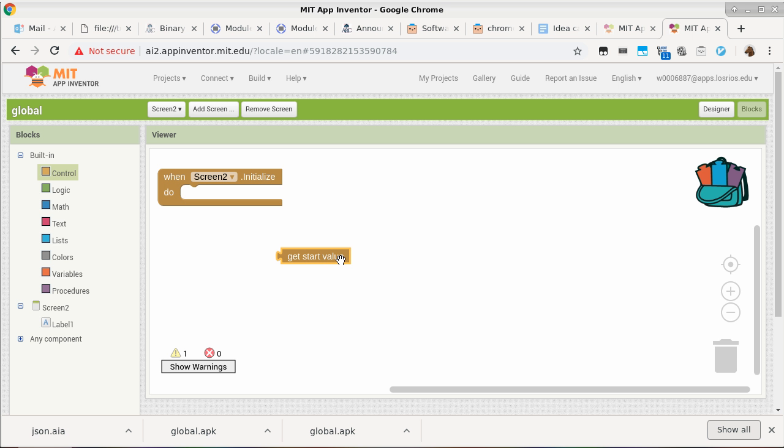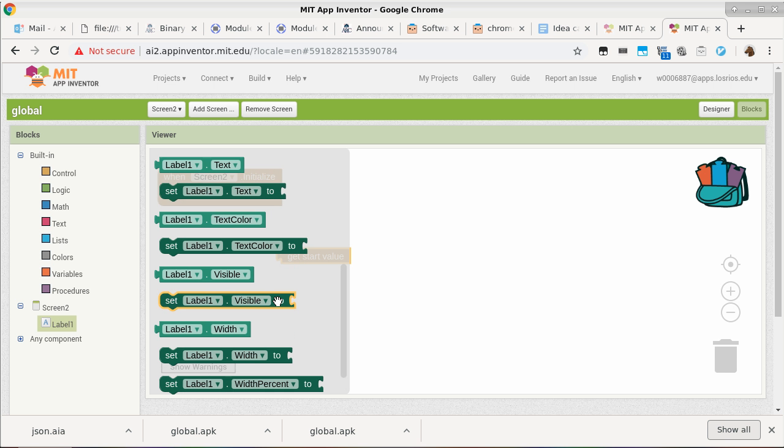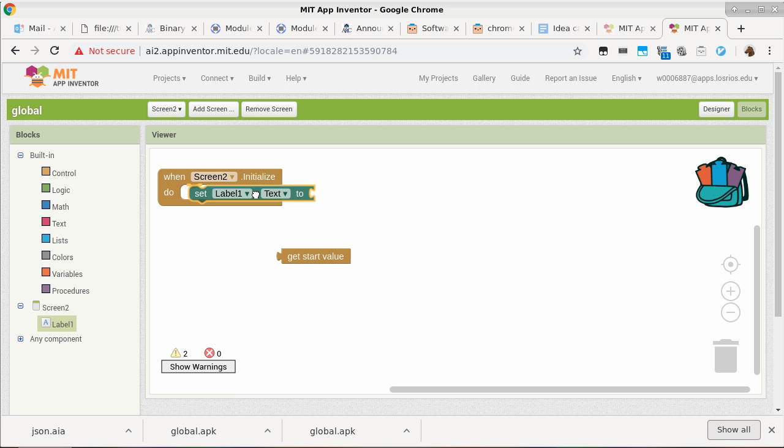So at this point, the quickest way to utilize that value is to use my label 1. So I'm going to go to label 1, and we'll change the text of label 1 to the start value, because I just want a quick confirmation that I caught the JSON representation of the list, okay? Because I don't want to do any extraction and say, okay, we'll add this and so on, until I know I got it, okay?